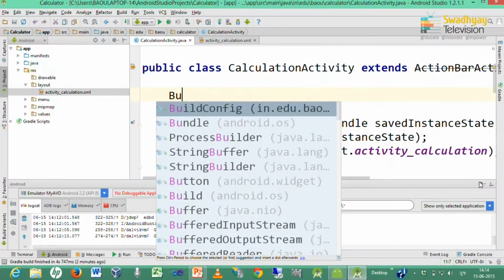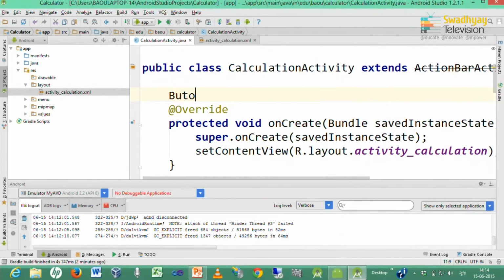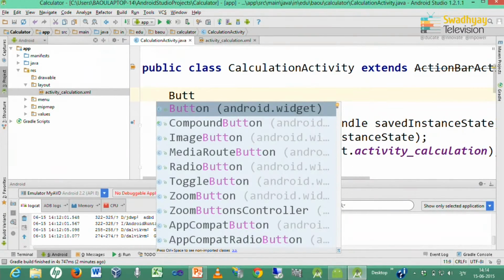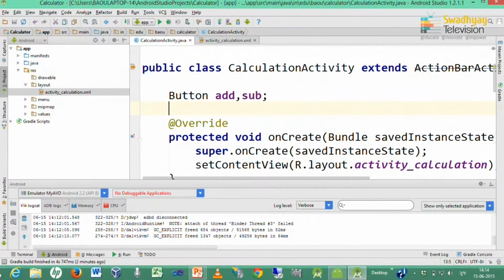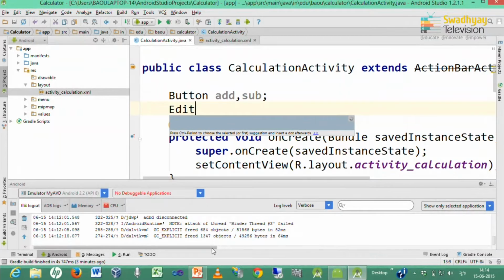Here we declare objects of type button because we want to handle button events. By pressing control space bar, it will automatically display. So, here I declare buttons with names add and sub. These are two objects representing our buttons in the interface. Now, we have two edit texts.